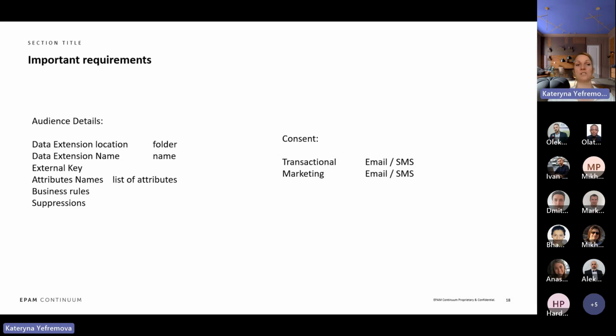and then we can ask about business rules, whom we want to include, and for sure suppressions for the audience who shouldn't get any communications. And again, we have to talk about consent. It's also a big and important part of Marketing Cloud, because we cannot send notifications if a person opts out. So we have to make sure that